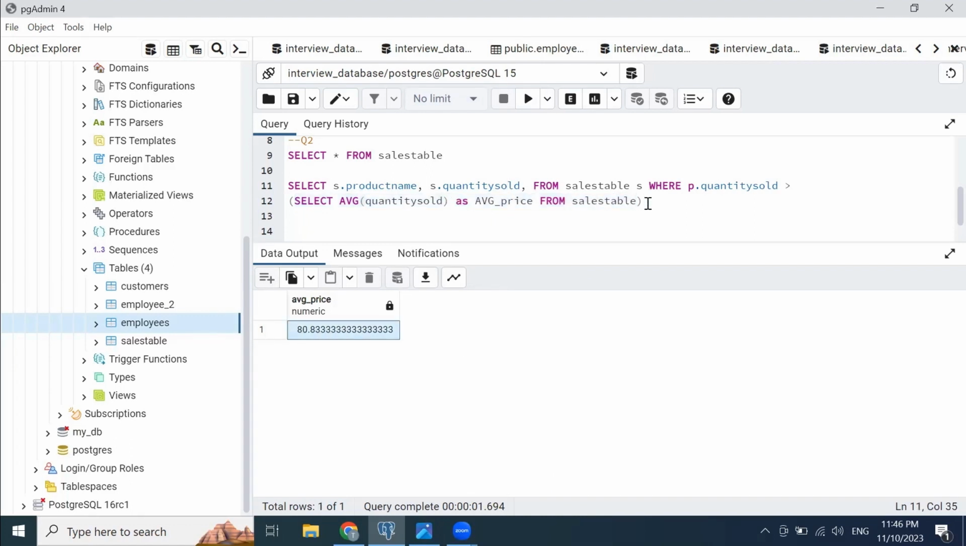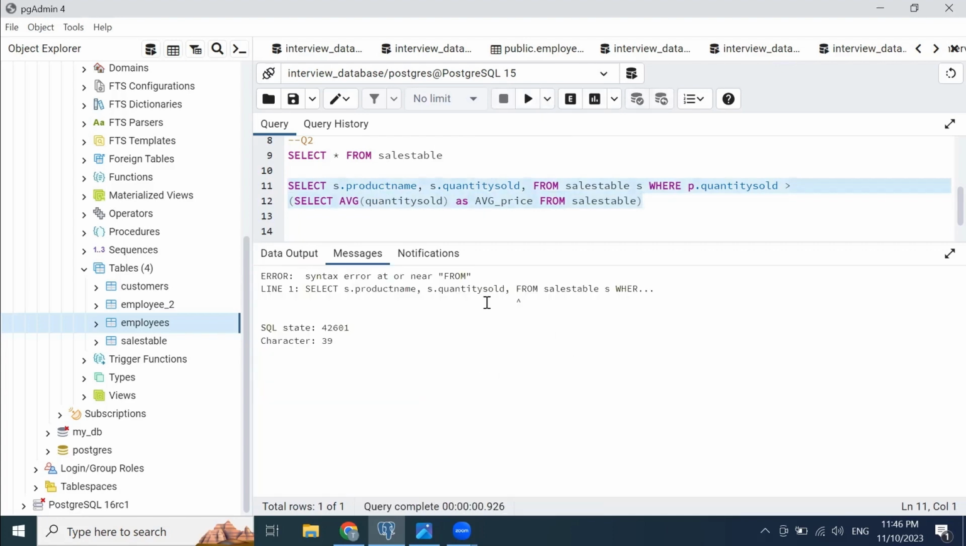Okay, and if I try to run this code, it will give a syntax error. I will delete this comma and run this code again. Again, missing clause P. Where is the P? Okay, this should be S, and I will run it again,